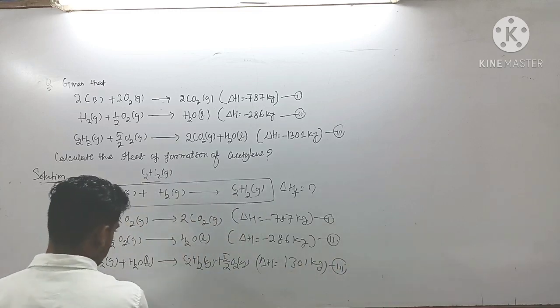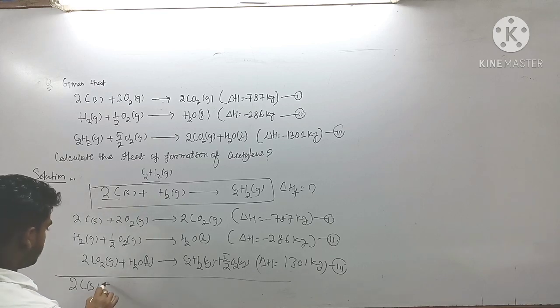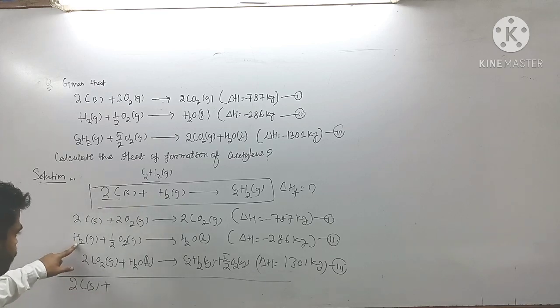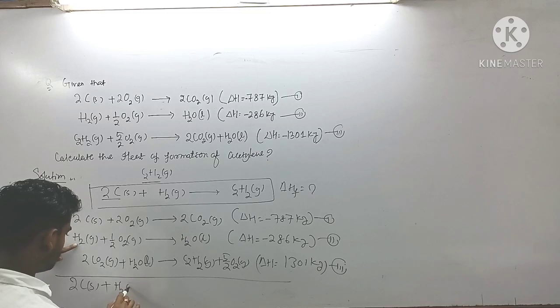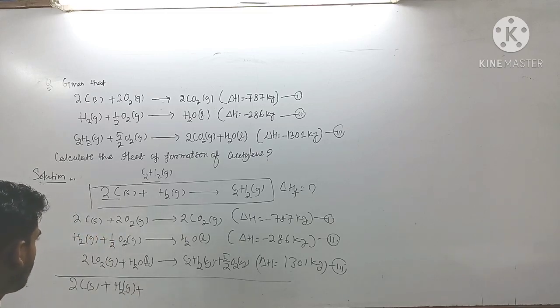Now just add all these equations, see what happens. 2C(s), anyhow I have to get my target equation, 2C(s) plus H2, yes H2 is there, H2 gas plus 2O2 plus half O2. Okay, so that will be 5/2 O2,